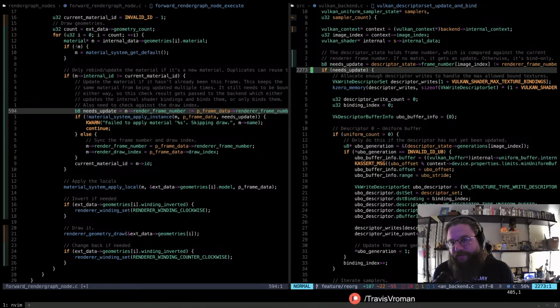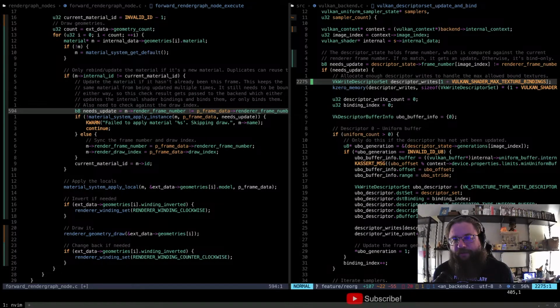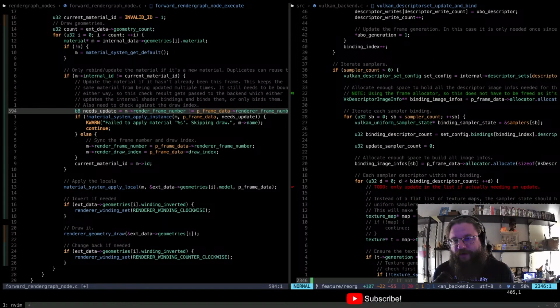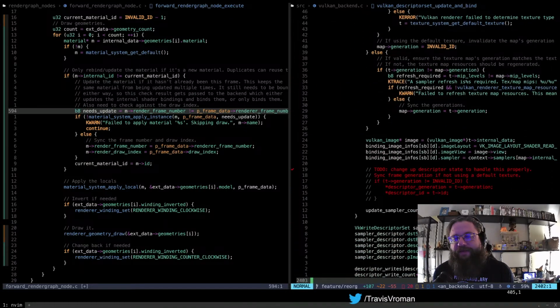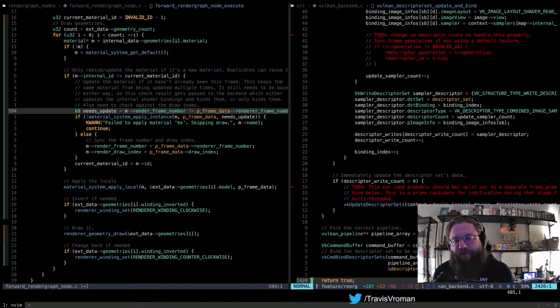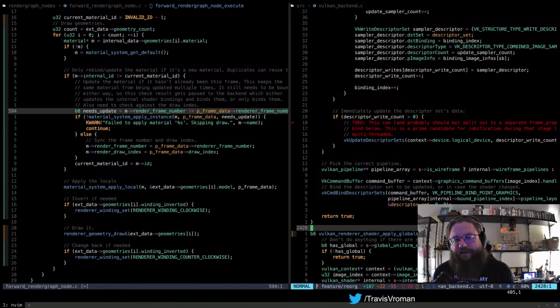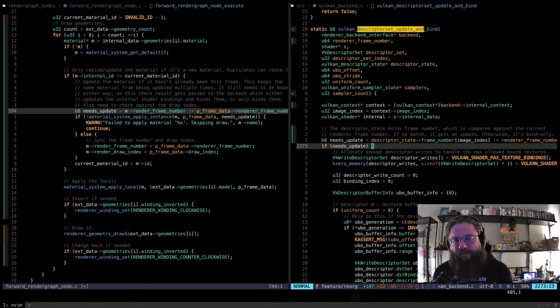So when we say we need an update, do we have to write to the descriptor set, yes or no? If we do, then we set up a descriptor write with all the buffer info, all that kind of stuff. If we don't have to, because it's already been updated for that particular frame, then we come all the way down here to the bottom, the end of that if check.